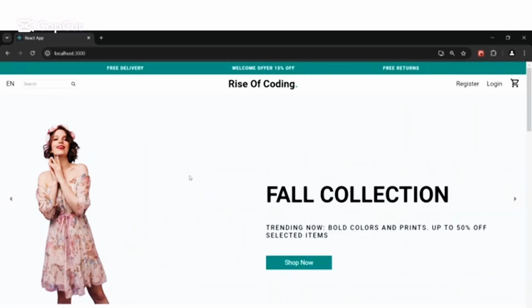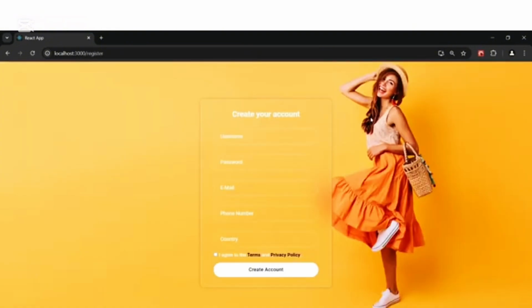This e-commerce site is built with React and Redux. I mean React.js and Redux. All right. So make sure you watch this video to the end because I'm going to show you all the